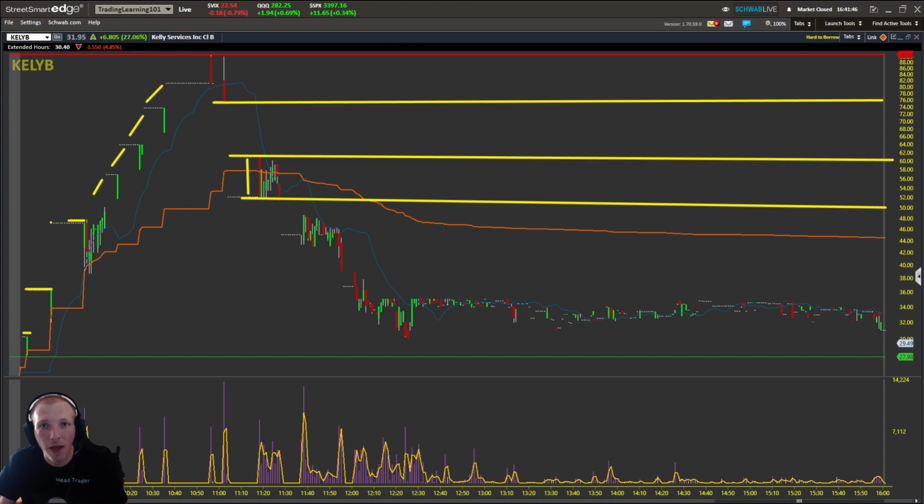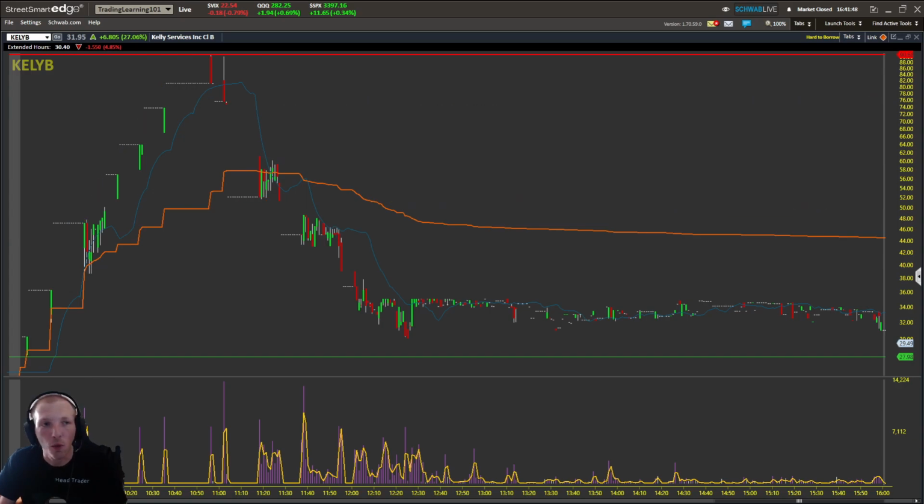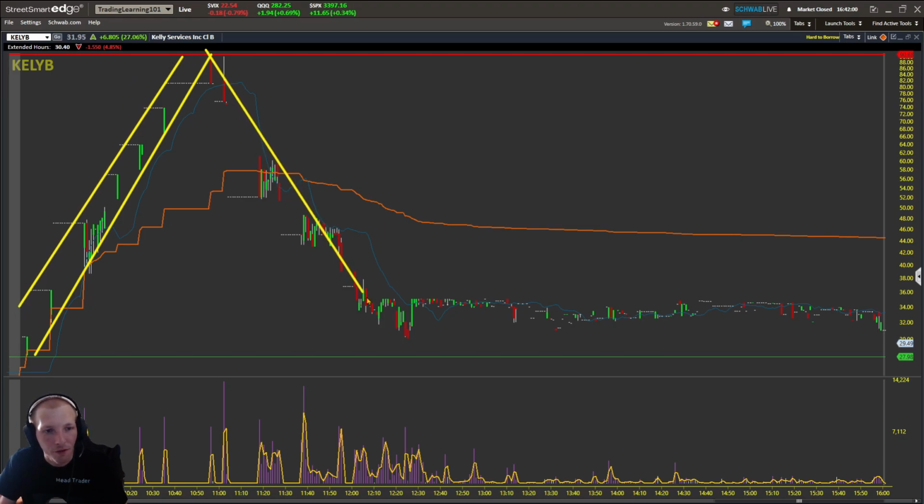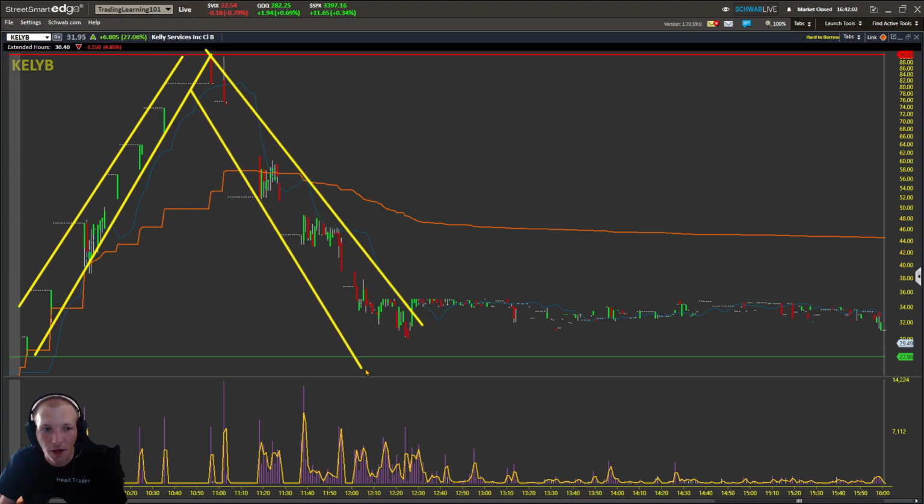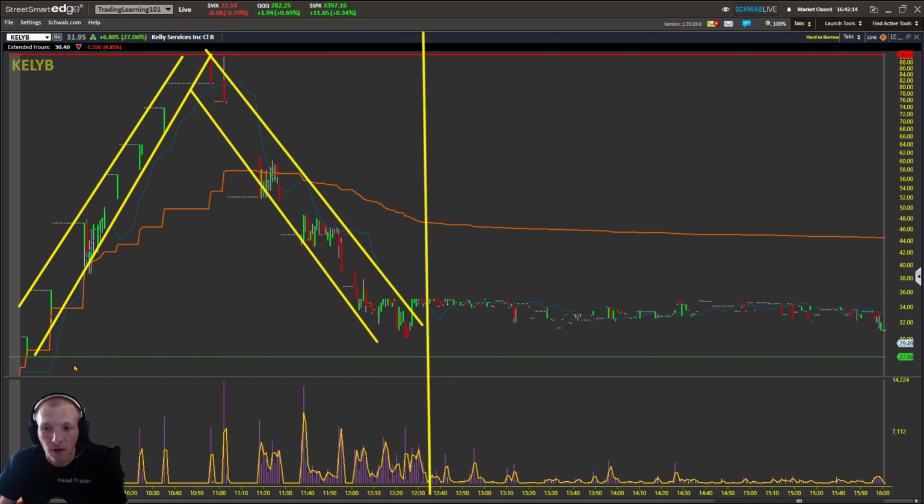The only thing people see is, wow, this stock ran from $30 to $90. That's all they see right here. They do not consider the fall back down to reality. Look at that. That's just wild. And all within 3 hours of trading, this ran $60 up and $60 down.